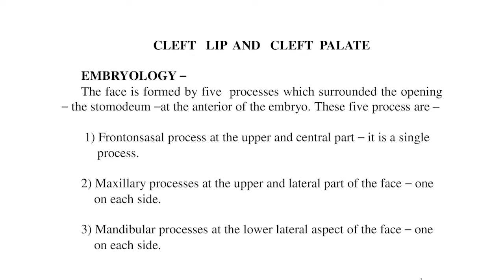First, the frontonasal process. Due to the appearance of the olfactory pits at the 5th week, one on each side of the midline at the inferior aspect of the frontonasal process, the process is divided into a central part called the median or medial nasal process, MNP, and 2 lateral parts called the lateral nasal processes, LNP. The olfactory pit is destined to form the nostrils. The medial nasal process and globular process form the septum of the nose, the philtrum of the upper lip and the premaxilla. The lateral nasal process forms the side of the nose. It does not take any part in the formation of the upper lip.